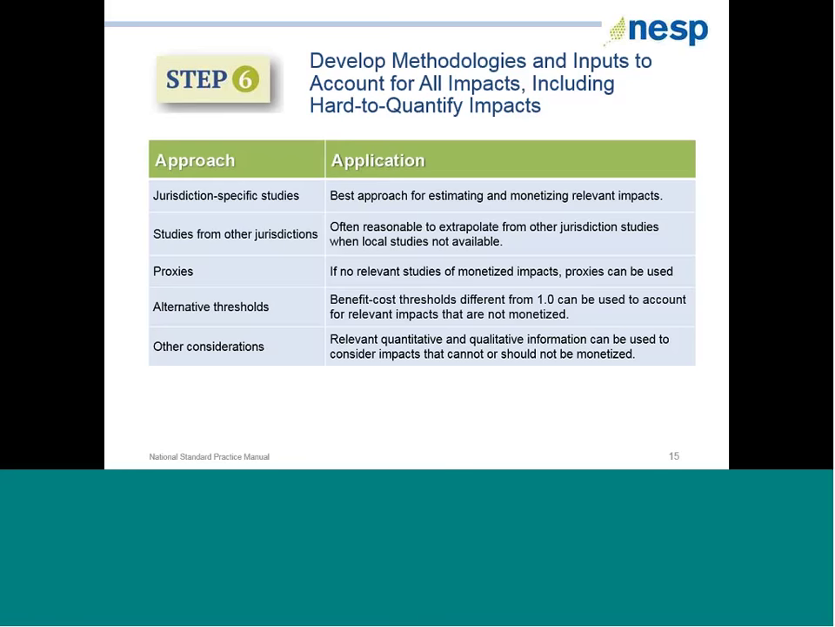Thanks. So you're talking about developing methodologies and inputs for all impacts, including hard to quantify, and that seems like it would involve a lot of research and potentially jurisdiction-specific studies, what's going on with these participants with regard to these measures. Isn't that time-consuming and expensive? Can you talk about any ways to keep the cost down and get reasonable numbers without breaking the bank or burdening